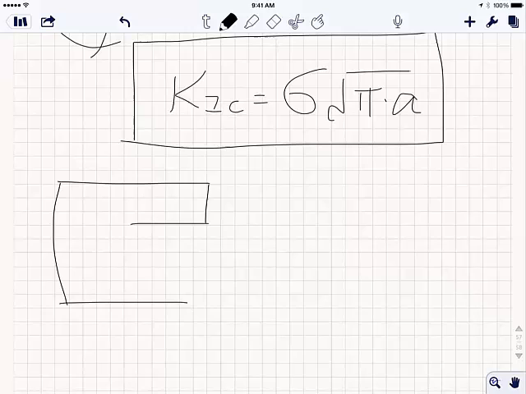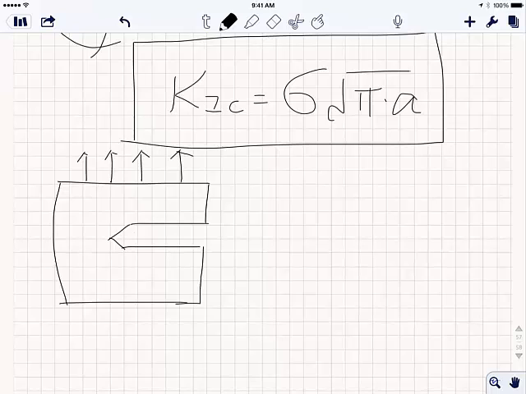You are going to apply stress in a global fashion. Apply stress here, here, here, here. Okay, now if the length of this crack is 2a,